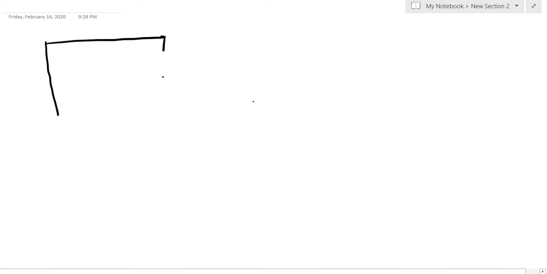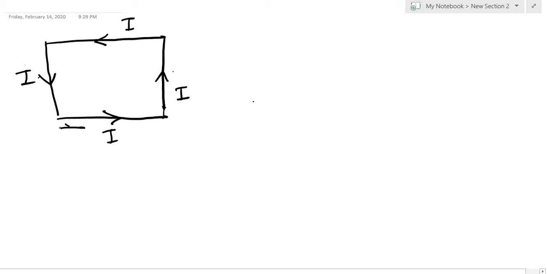Please forgive my bad drawing skills. We have a current carrying square. Sounds cool, yeah, I know. So you have a current going like this, and say the side of the square has a length A,